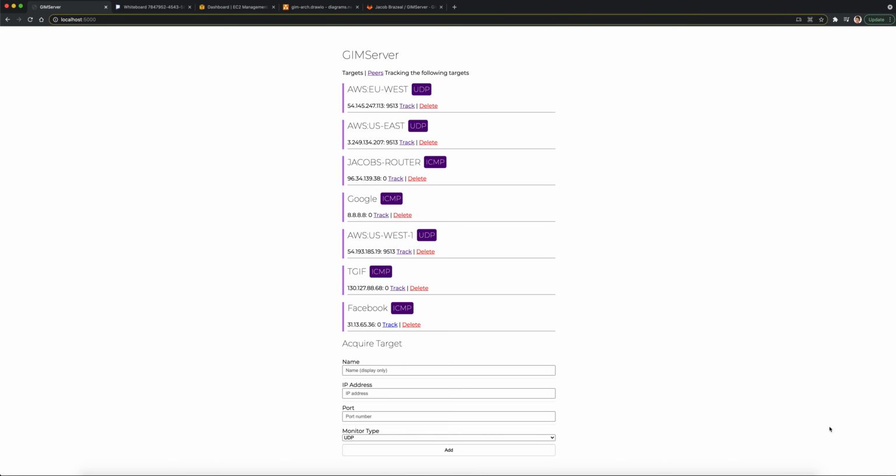And I'm presenting my end of semester project for CpSc 8520, which is a grad class in the Clemson Computer Science Master's Program. And the class is called Internet Working, and the project is called GIMServer, which stands for Global Internet Monitor. You're looking at one of the interfaces for the server, which is, at a high level, used to track the performance of other